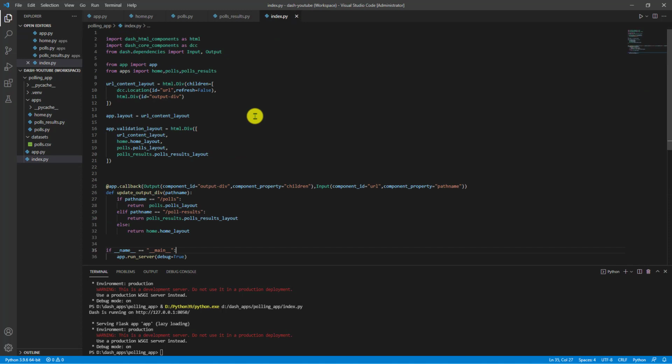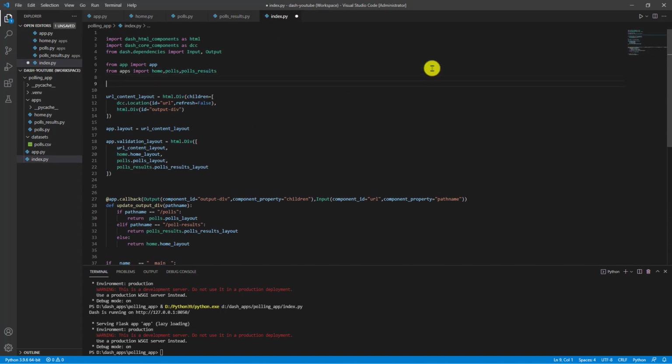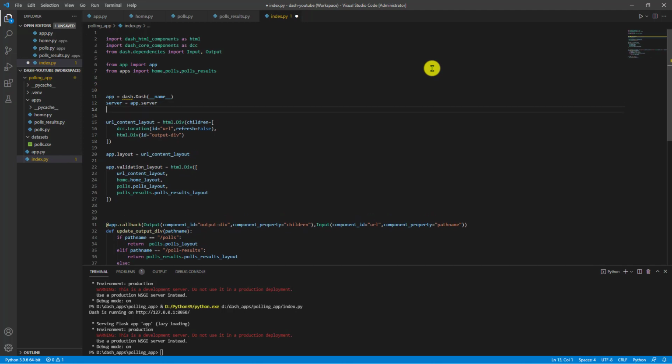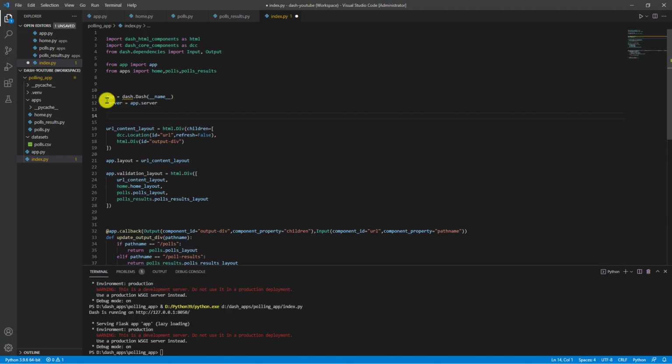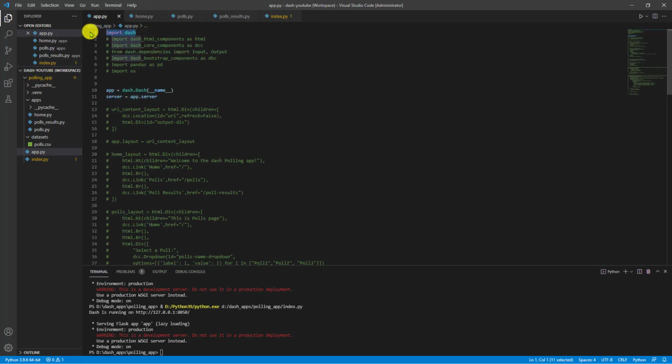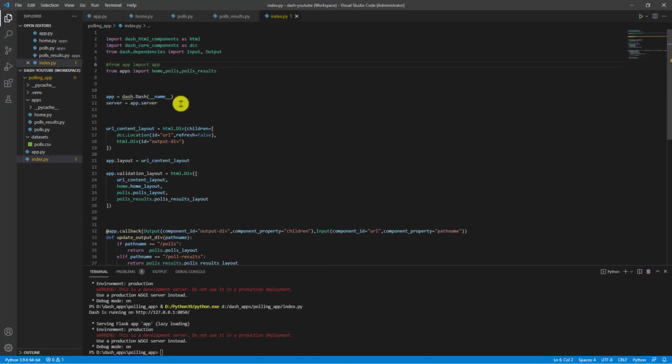Copy. So at the beginning, I will have this one Dash. I will initialize the app so that I can easily use it throughout the code. So in that case, I do not need this one, right? Because my app is present over here. So I need the dash import, so let us import this over here as well. I'm keeping the app.py, but I am removing all the dependency from it. Let us keep these things together so that I can delete it very easily. Okay, so this will be the structure if we do not create the app.py, right?